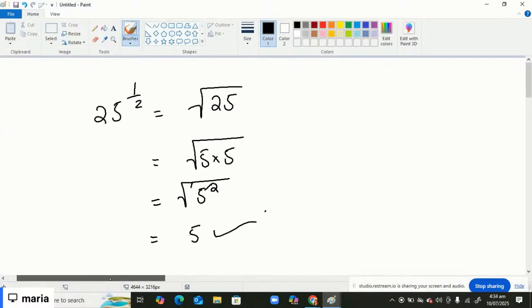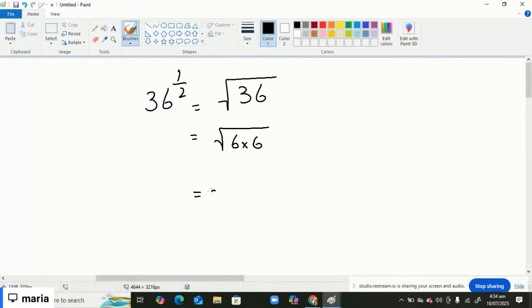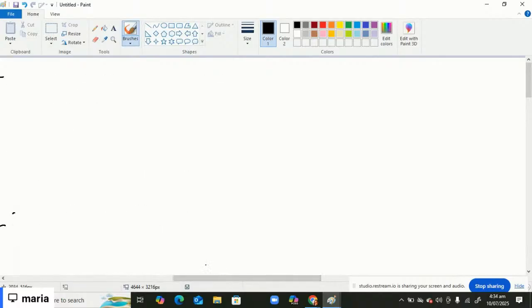Okay, now let's suppose 36 to the power of half. As we can see, 36 inside of it, 6 times 6 is 36. Now 6 power 2. Now the only thing which is left here, 6 times 6 is 36. There are two 6s here, so only the 6. If I'm going to write it for the cube terms,